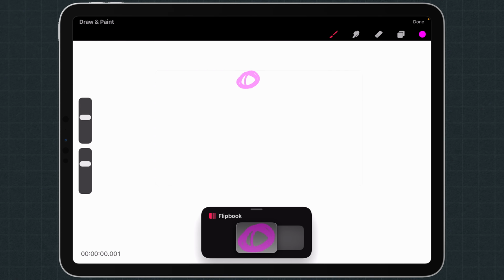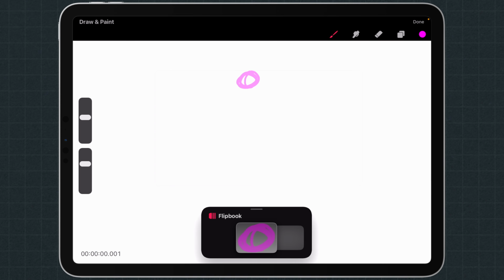I know it's super basic, but it's a good way to show frame by frame animation without spending too much time, because it does take a bit of time. So we can go just a little ball at the top here. That's a ball, use your imagination. And then we go to the next frame and you can see there it's disappeared because there's nothing on this frame. But what happens if I want to continue that motion down?